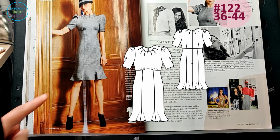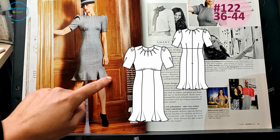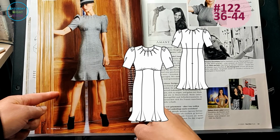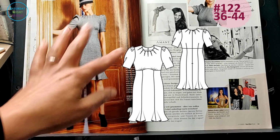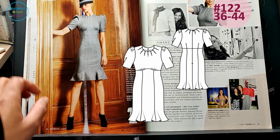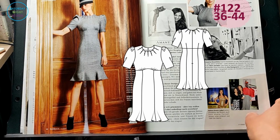For me personally, I don't like the fluting at the knee. I would probably keep it straight or make it go A-line flare like that. But it's a really beautiful style and I see some potential with it. And I have it pinned on my, have to think about how I can get it to fit into my